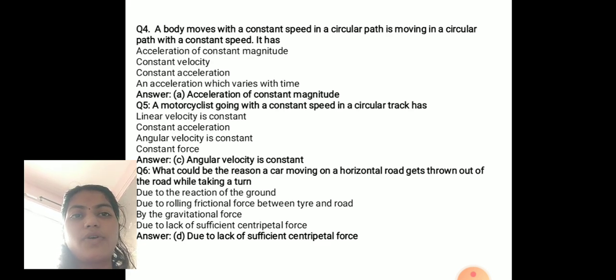Acceleration of constant magnitude, constant velocity, constant acceleration, and acceleration which varies with time. Here it is acceleration of constant magnitude, because in circular motion the distance covered is unequal but the time interval is also constant, and because of that the acceleration has constant magnitude. A motorcyclist going with constant speed in a circular track has